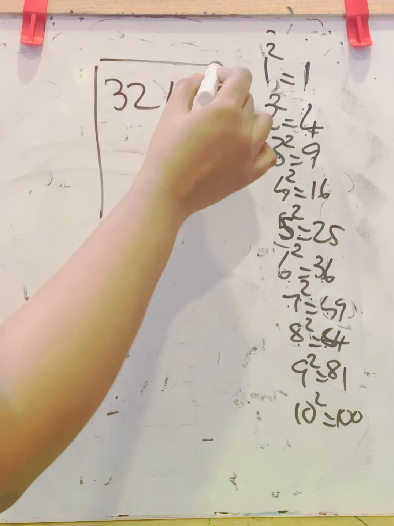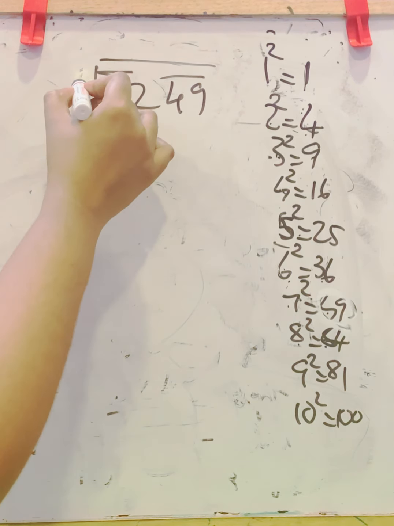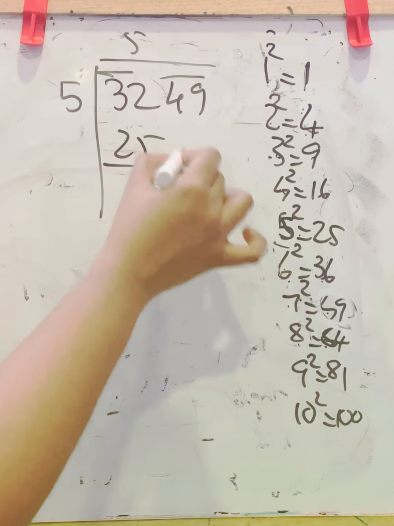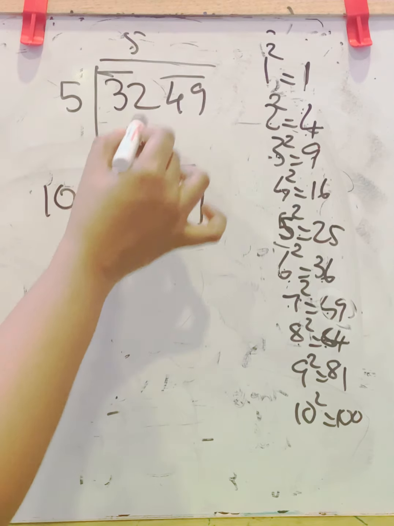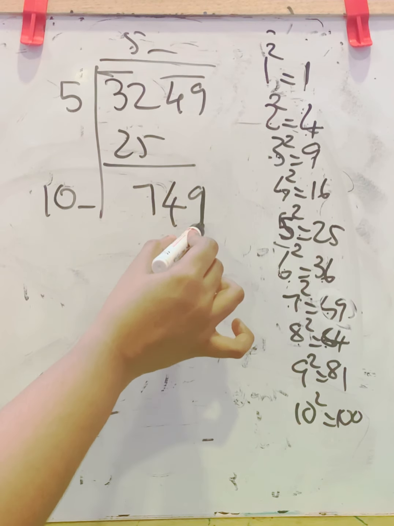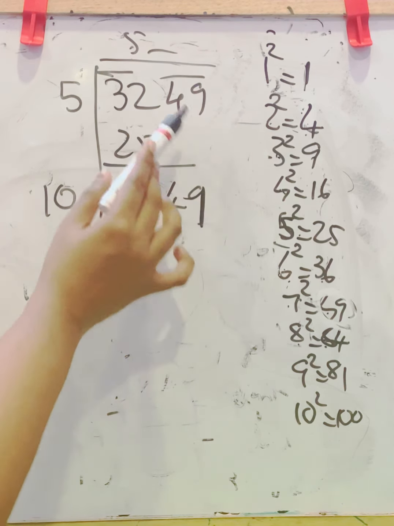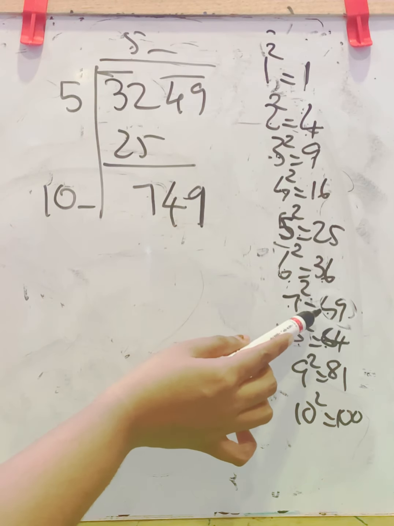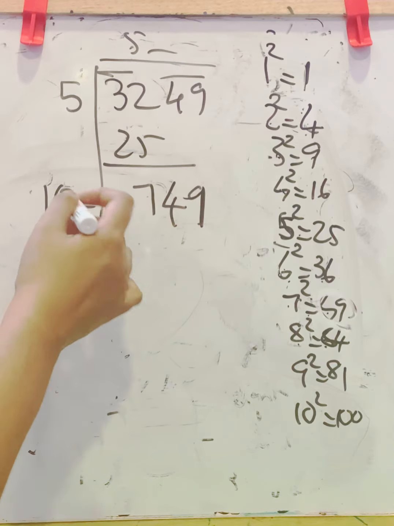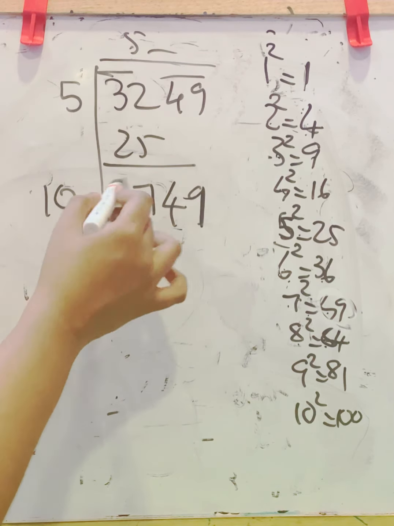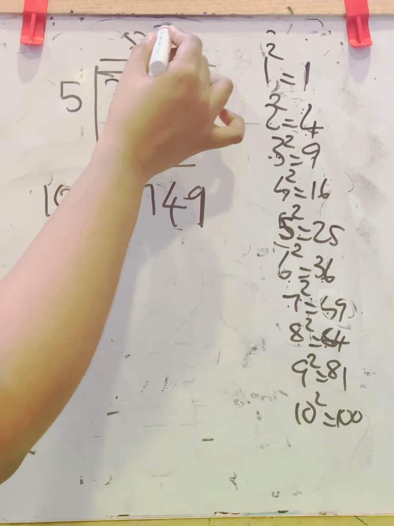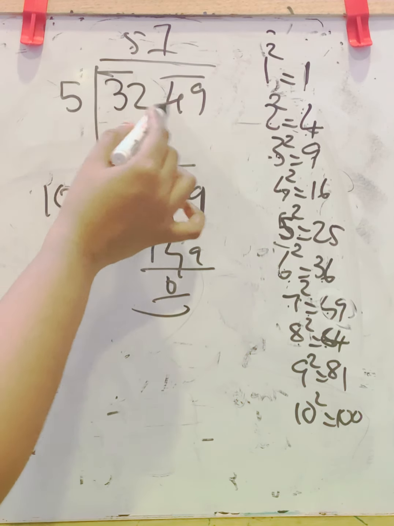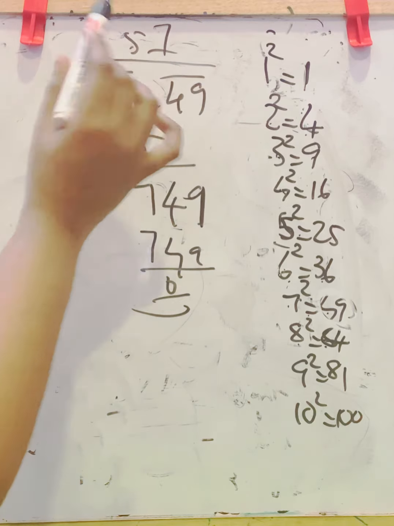3249. Again 5 5s are 25. Balance is 7. Carry down this 49. Double this. It becomes 10 dash and dash. Ending digit is 9. This is a perfect square we know. So ending digit 9 means either 3 or 7. You will try with 3. Not a nearby number to this. So you will try with 7. 107 into 7 is 749. Perfect number. Now square root of 3249 will be 57.